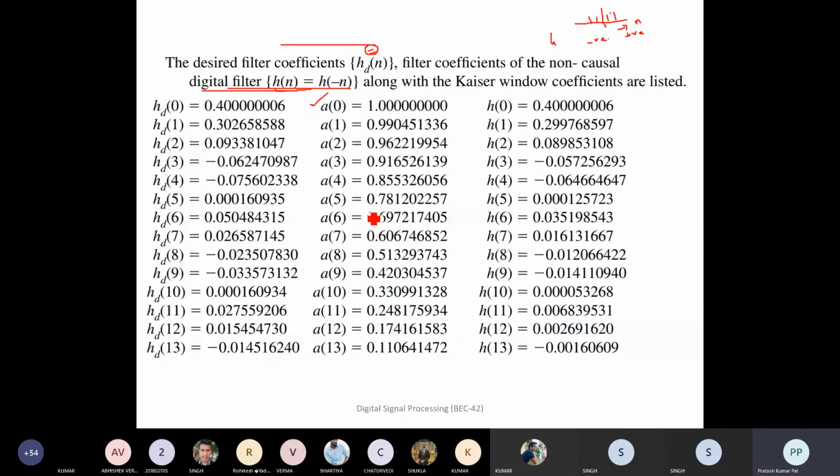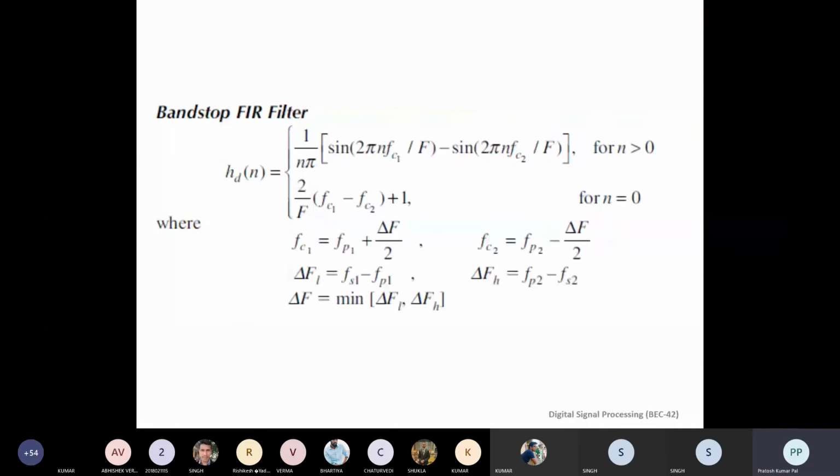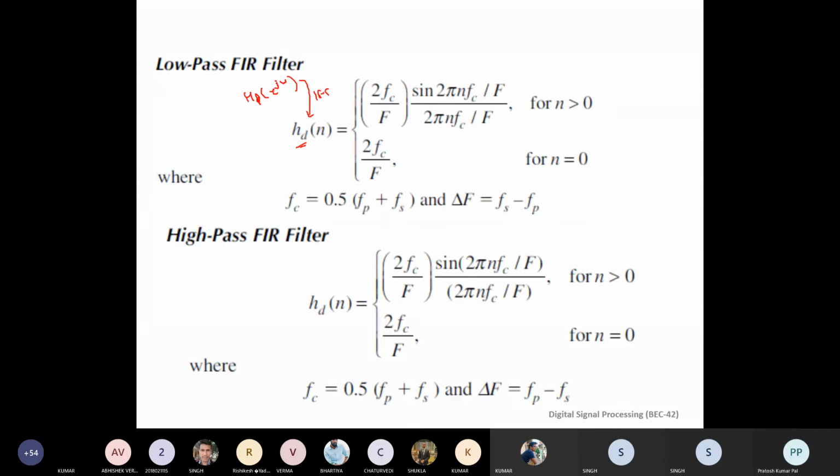So this generalized expression will be from the, yes, yes. So this is the generalized low pass filter. Okay. So this is the impulse response of our desired frequency response, whatever filter is to be designed. Okay. So this is the desired filter impulse response. So this is the generalized formula.